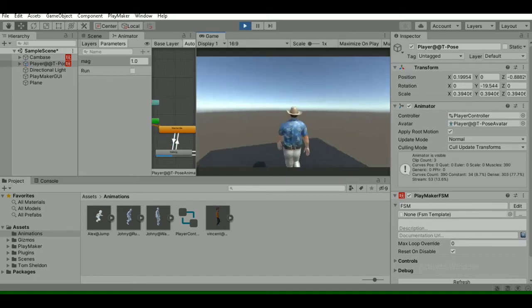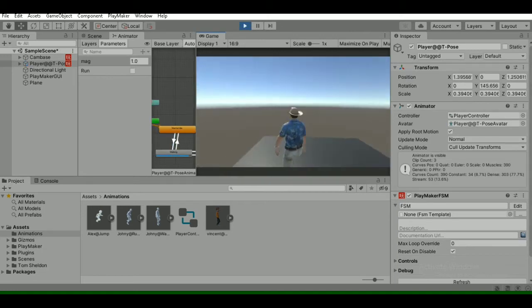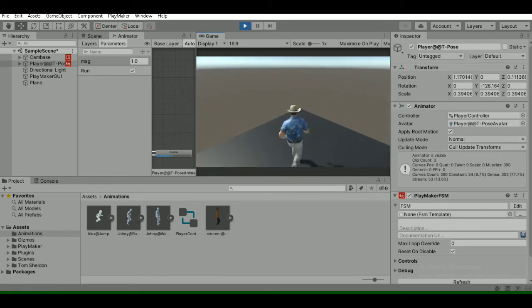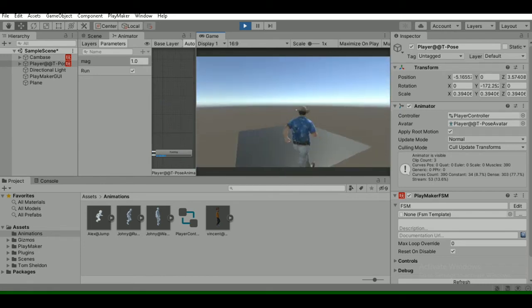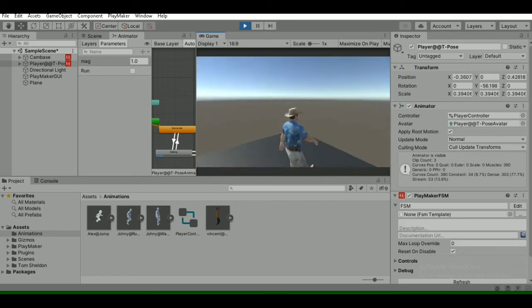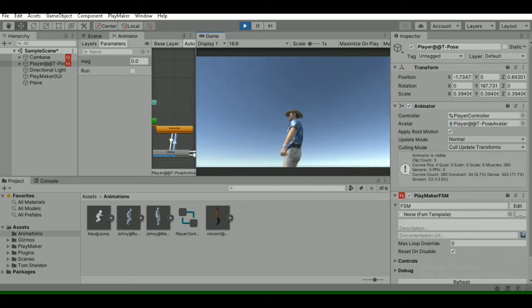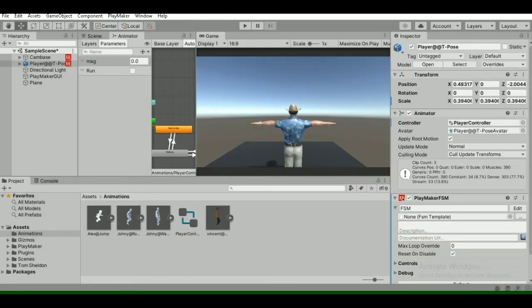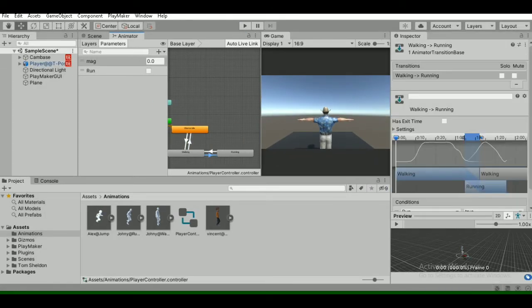So our player is walking fine, and if we hold shift our player is running, and if we release the shift, our player will stop running. So yeah, it is working fine now. Okay, just save this.